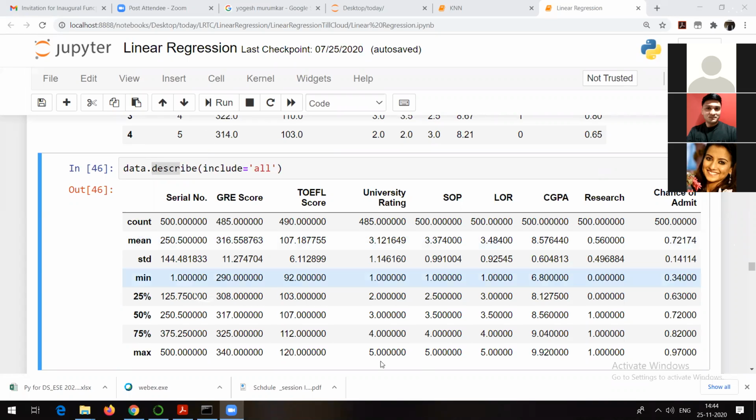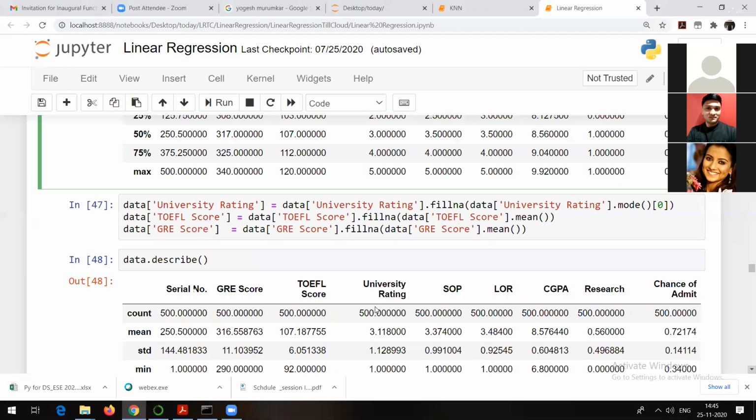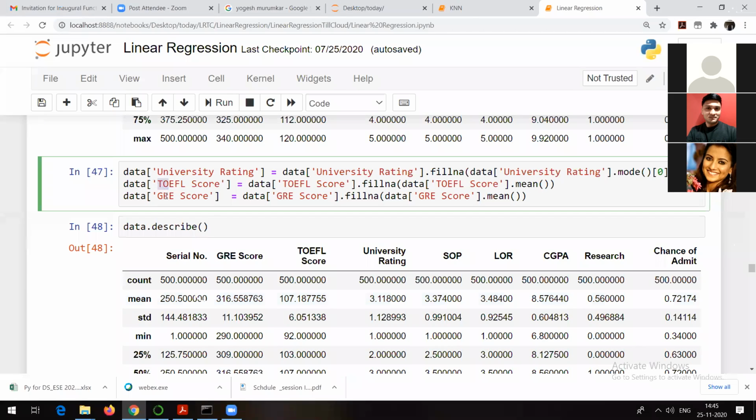The main point we should notice here is that there are some missing values in GRE score, TOEFL score, and university rating in our case. Now our job is to handle those missing values, and that is what we are going to do now. See, university rating, TOEFL score, and GRE score. So from data, this is nothing but what?